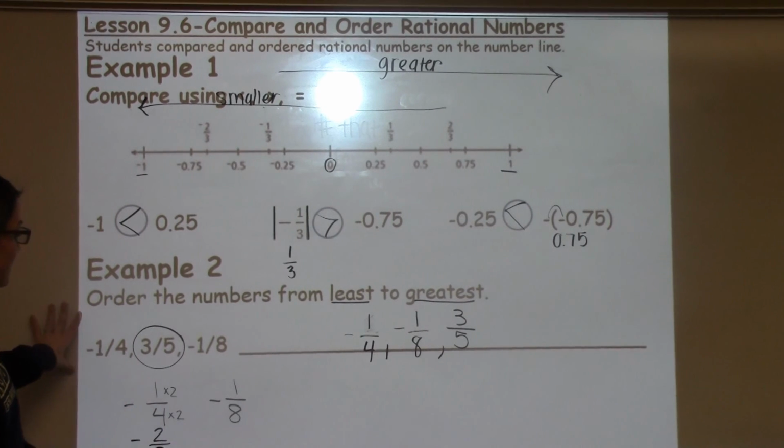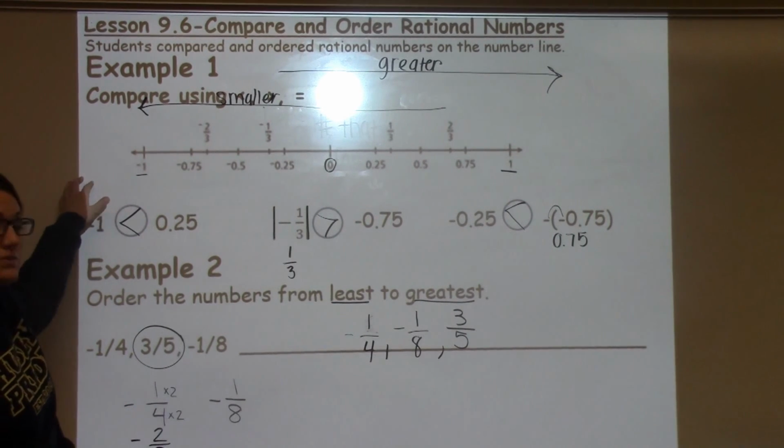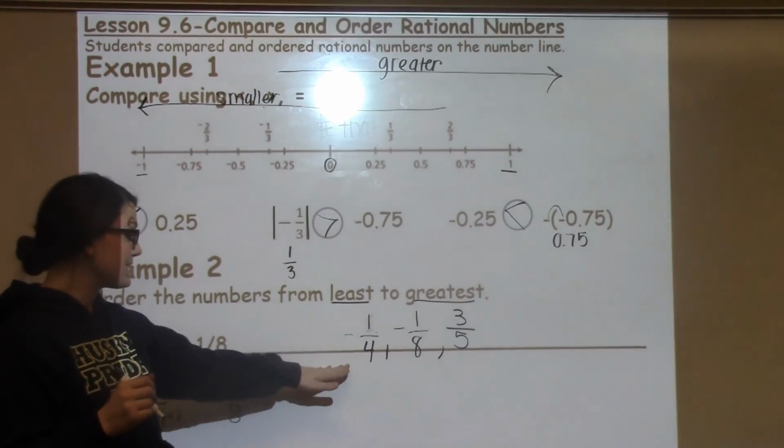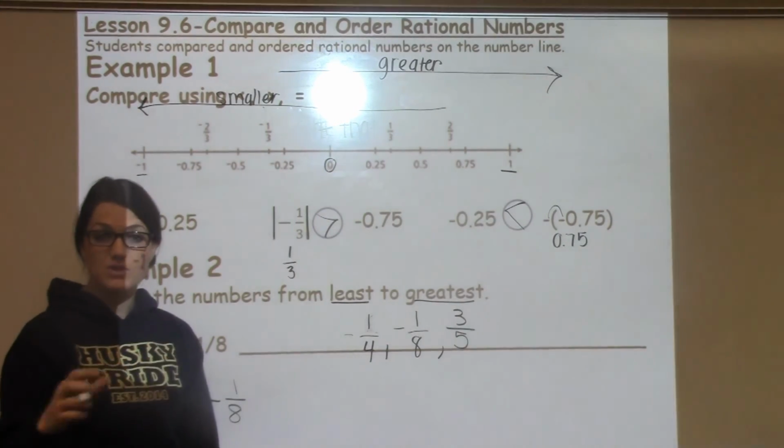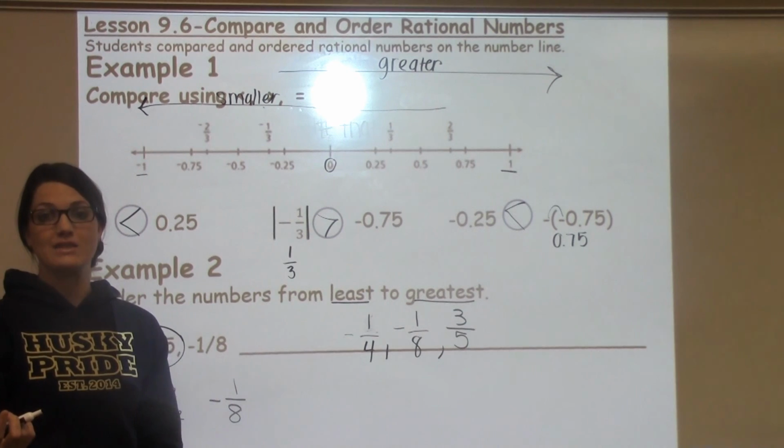All right, another way to kind of figure that out is to have your student actually draw a number line and to make a number line with fourths and really think about and visualize where that negative 1/8 would fall and where the